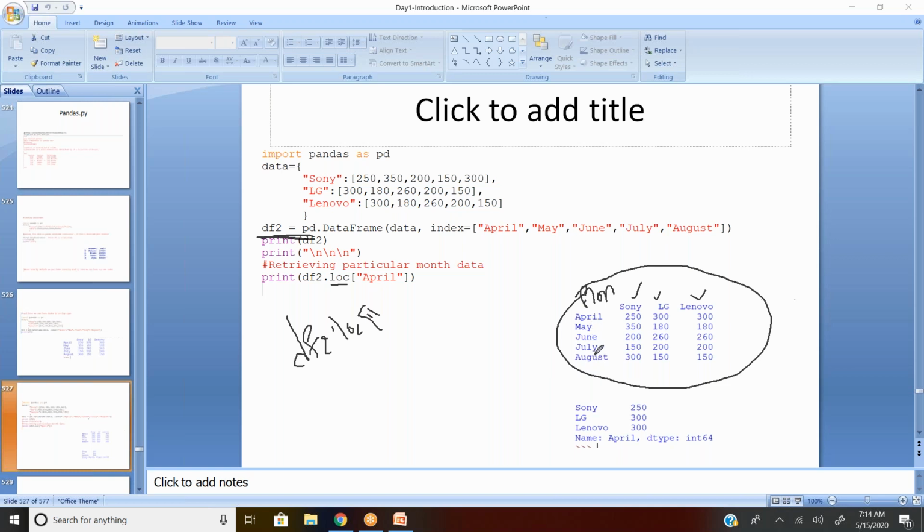The row index names are nothing but April, May, June, July, and August. So whichever row you want, just mention that row, for example April. Then the system will find this particular row from the data frame called df2 and display only that particular month's data. Are you clear?